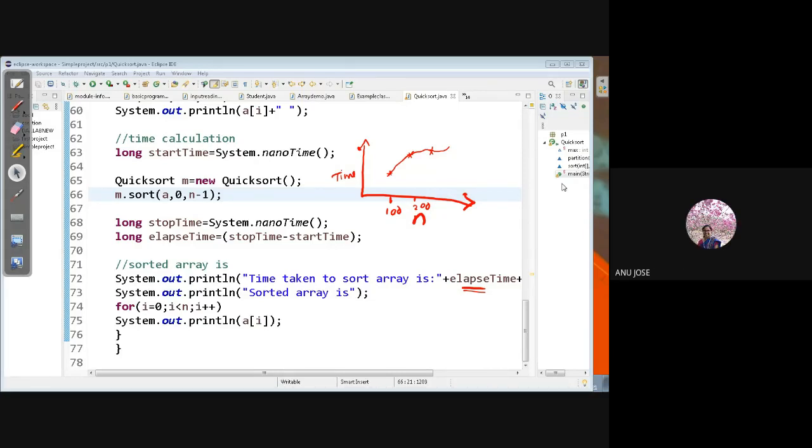USN 4 absent. 5. Present, ma'am. 6, 7 absent. 8.